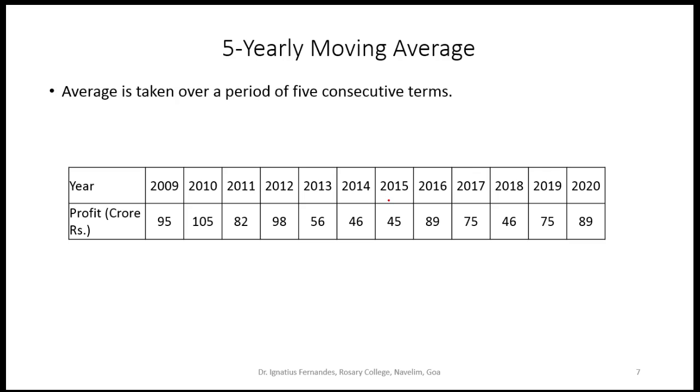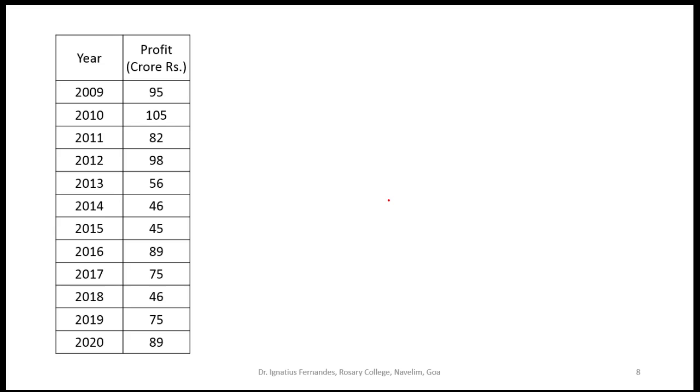So that will be the difference between a 3 yearly and a 5 yearly average method. Consider this data that we have here. Again, exactly the same procedure, except that instead of considering 3 years, now we will be considering 5 years. Starting with the first 5 years, 2009 to 2013, you will find the 5 yearly average and write it against the middle year. From 2009 to 2013, the middle year is 2011. So that 5 yearly average will be written down against this.